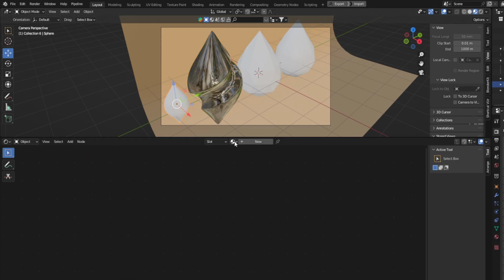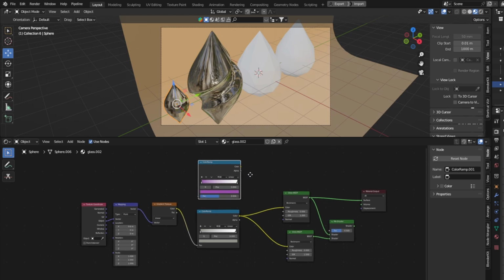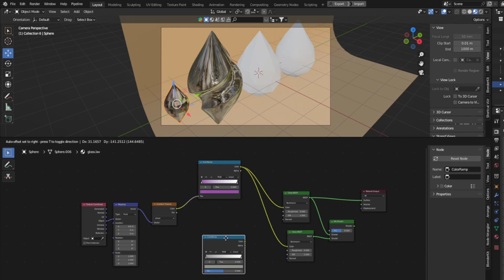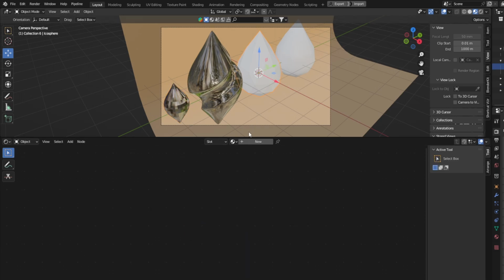So this one, I'll use the new glass 2, and then it'll be the glass lavender. I know this is kind of overcomplicating things. You don't even need to make a second one, but it's just nice to have some options sometimes. And this will be